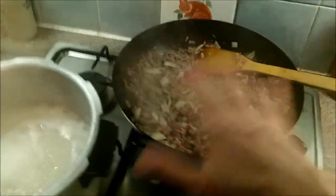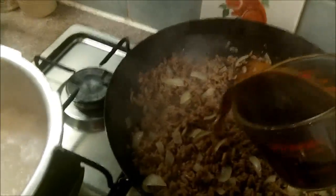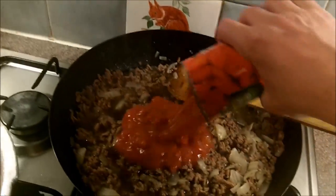Okay, so we've lightly browned the meat and onion. It's been lightly browned about 15 minutes, but it's okay. Right, we add our 300 millilitres of stock. Leave them bits in there, it doesn't matter. That's just natural. A tin of chopped tomatoes